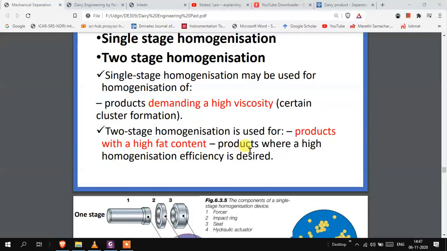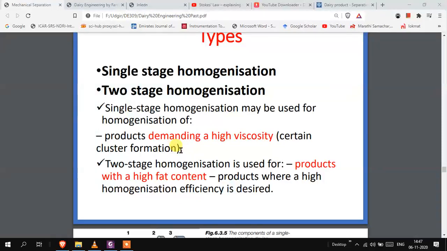एंड टू स्टेज होमोजेनाइजेशन किस में यूज करेंगे हम? प्रोडक्ट्स विद हाई फैट कंटेंट, प्रोडक्ट्स वेयर अ हाई होमोजेनाइजेशन एफिशिएंसी इज डिजायर्ड। तो एक्चुअली क्या होता है कि जब फर्स्ट स्टेज से या फर्स्ट वॉल से मिल्क जब पास होता है तो क्या होता है कि देयर आर चांसेस ऑफ क्लस्टर फॉर्मेशन। मिल्क फैट लेवल की साइज तो कम हो गई। बाद में क्या होता है कि वो जो साइज कम होने के बाद जो फैट ग्लोब्यूल्स होते हैं जिनकी साइज रिड्यूस हो चुकी है, दे ट्राई टू क्लम्प विथ ईच अदर, वो इकट्ठा आने की कोशिश करते हैं। उससे क्या होता है, क्लम्प फॉर्म्स होते हैं या क्लस्टर फॉर्म होते हैं। तो उससे क्या होता है कि प्रोडक्ट की विस्कोसिटी इंक्रीज होती है।